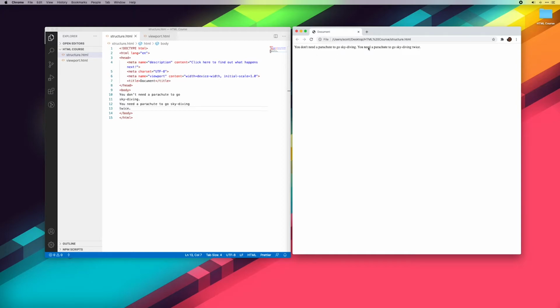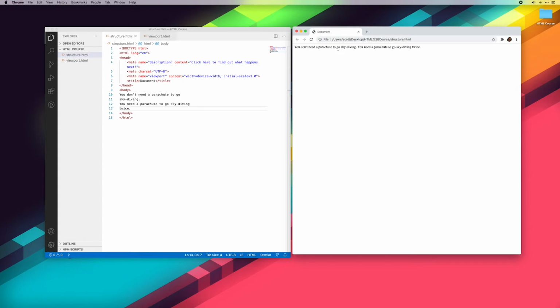First, let's note that everything inside the body tag does get rendered. However, it hasn't rendered as I intended. There are no line breaks, and everything gets printed at the top left of the page. That's because I haven't added any tags telling the browser how to treat each element, and we'll talk about that